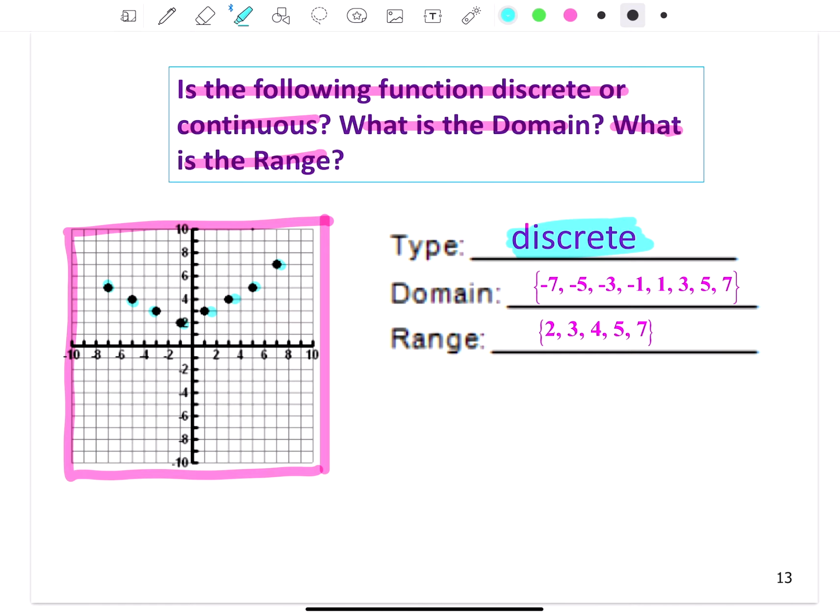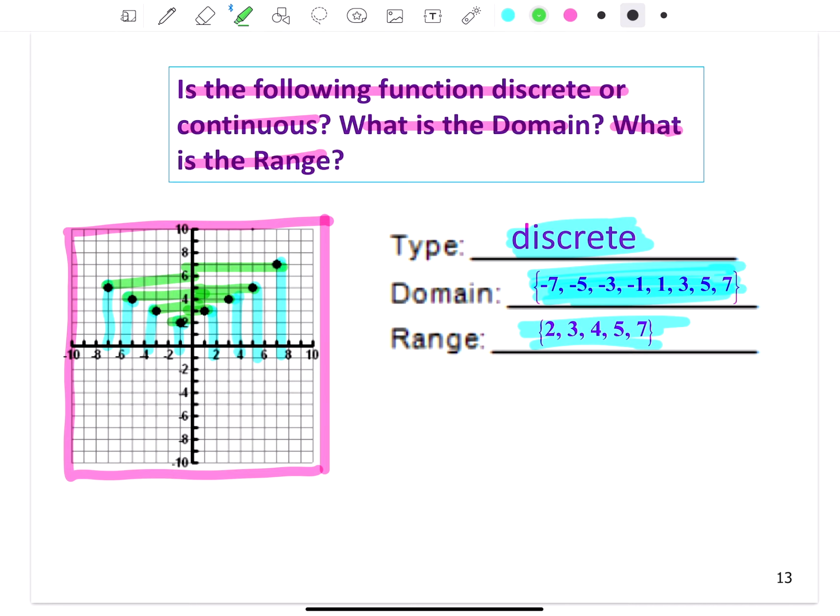And the domain will be all the x values. So just noting down the x values from the x-axis and making a set out of those. That is my domain: -7, -5, -3, -1, 1, 3, 5, and 7. And the range here will be all the output values, or the y values found on the y-axis, for corresponding